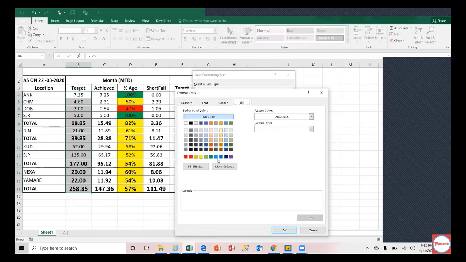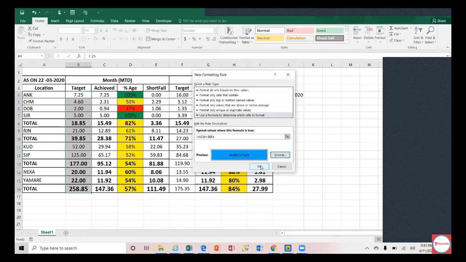So you can apply any formula if you know certain formulas in Excel. I'm just trying to give a very small example to demonstrate this. So you can do this and say okay.